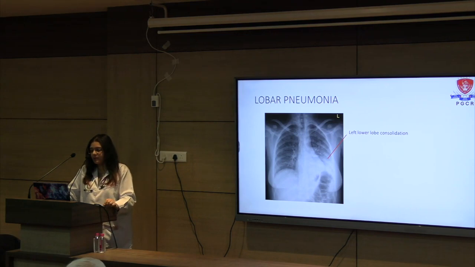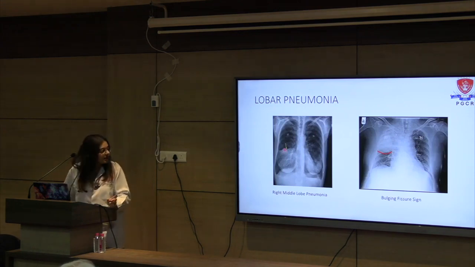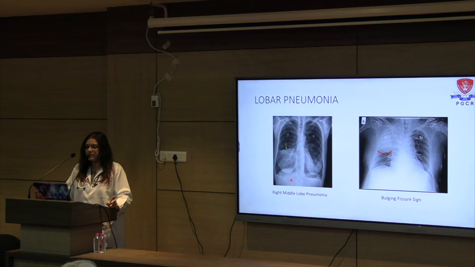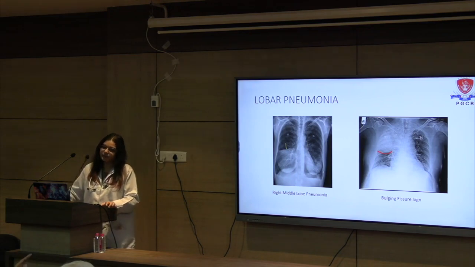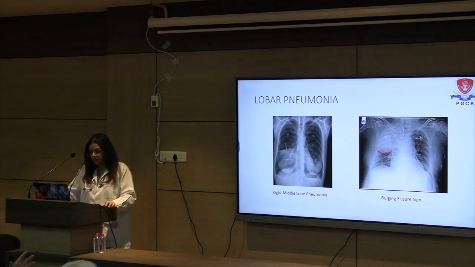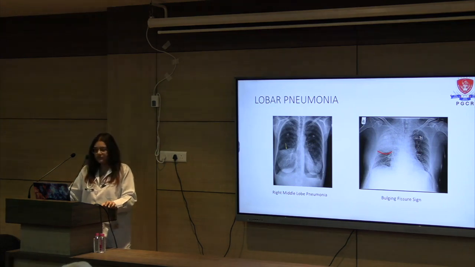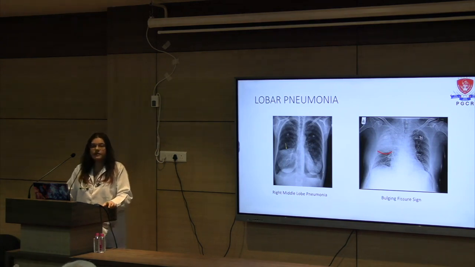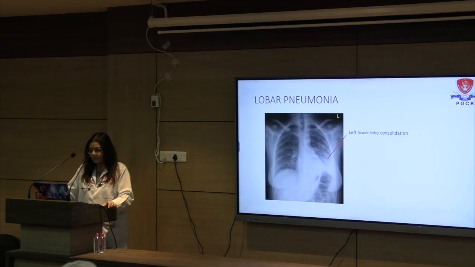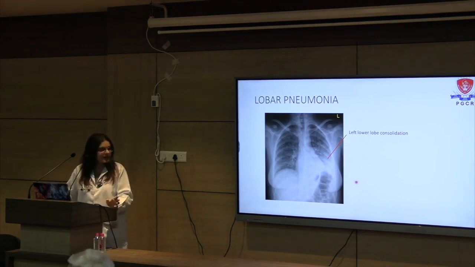Like right middle lobe pneumonia obscures the right heart border, left lower lobe pneumonia obscures the left hemidiaphragm. Here we can see in right middle lobe pneumonia the right heart border is obscured, and these are cases where you can see the fissures. You can easily say whether it is middle lobe or lower lobe. Otherwise, it is difficult to see. Some element of collapse is also there. Yes, sir. The left hemidiaphragm is pulled up, which shows signs of volume loss.